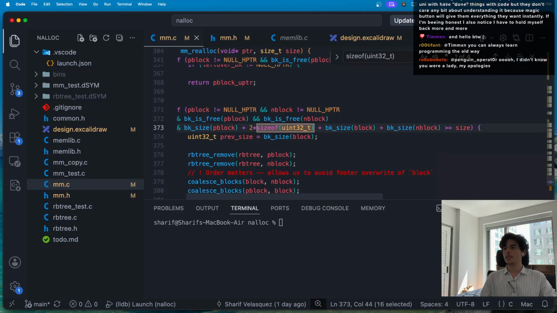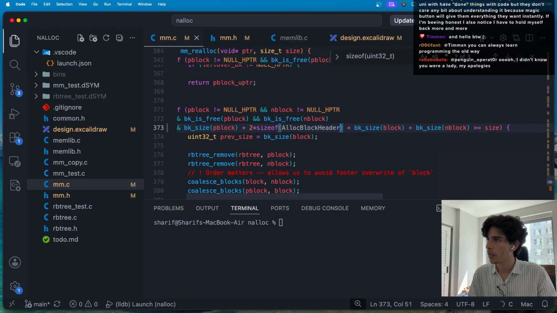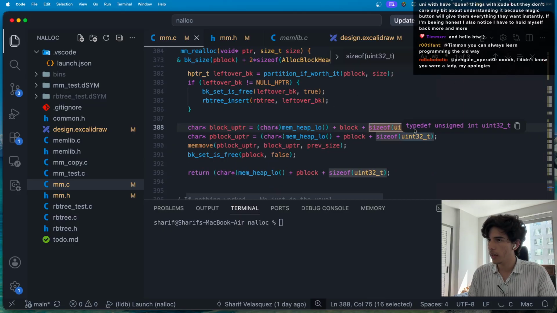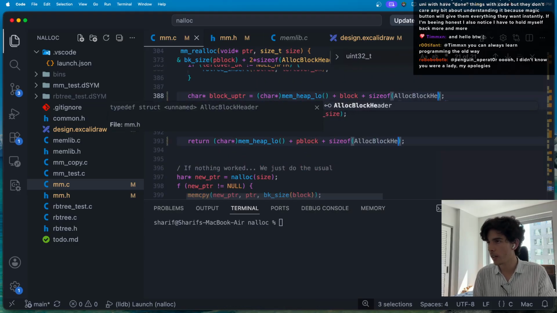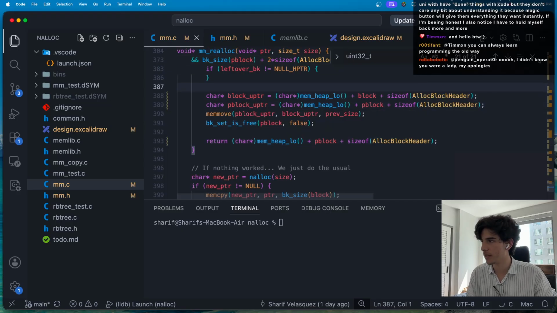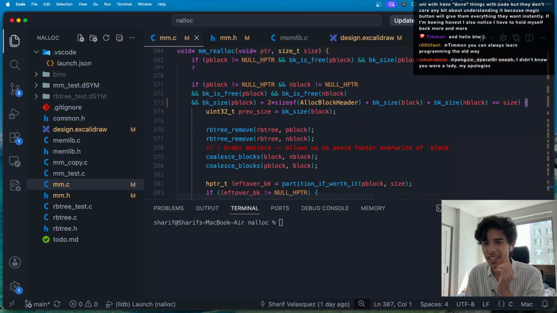So we have 4 left. And this is the same as, yes, we skipped the allocated block header twice. And then here the same, and then these remaining ones, allocated block header. So officially, all of them were referring to the size of the allocated block header. Crazy. Anyways,